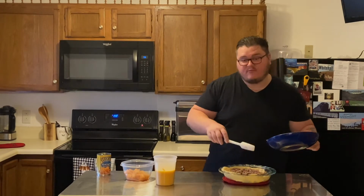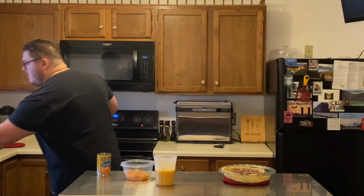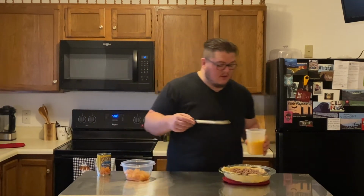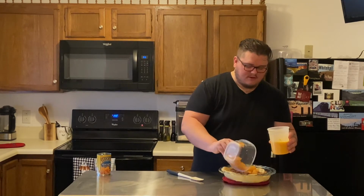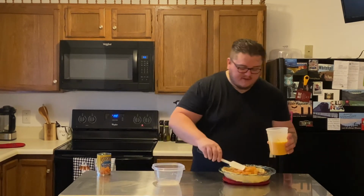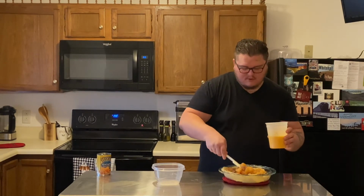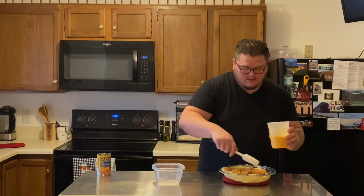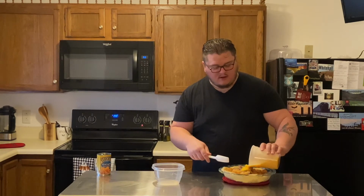If I did not stress it enough before, please make sure you have the deep dish pie pan. It will work for a regular pie pan, you just won't be able to have as much. Oh, almost forgot the apples. Let me spread these around. You don't want to have a bite where you don't have some apple. Mix that in there. And then we'll go ahead and add our